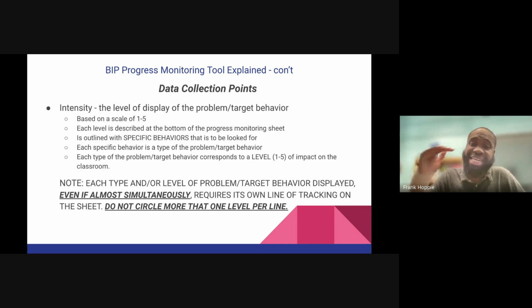We're supposed to be tracking each of those behaviors because we don't want to make it seem like the child is only doing level 4 behaviors. We want to know that the child is starting at level 1 behaviors, because eventually we're going to try to intervene at level 1. Because if we can get them to stop at level 1 and de-escalate the situation from there, they won't get to level 4. Does that make sense?